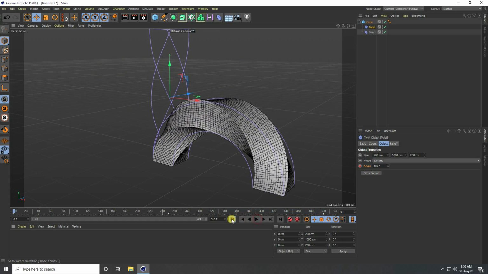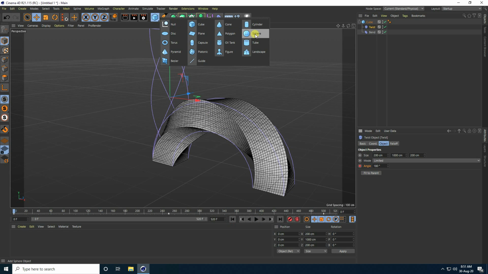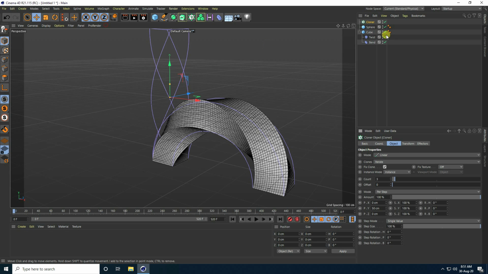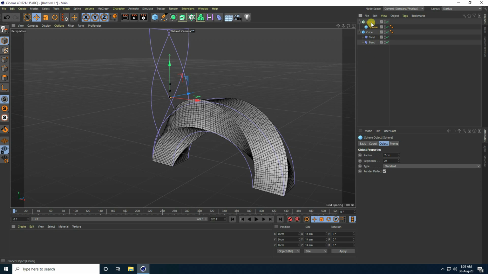Now guys, I apply a cloner. So actually I also use a sphere, sphere radius like 7, and segments I take 24. Okay, so now I take the cloner. Go to MoGraph and use cloner, select this sphere and make it a child of the cloner.